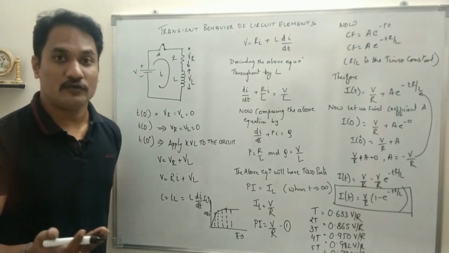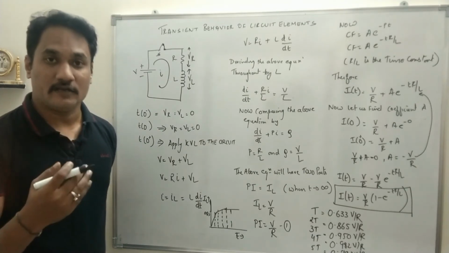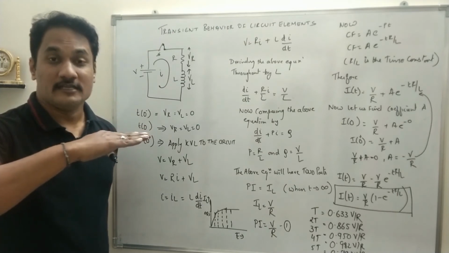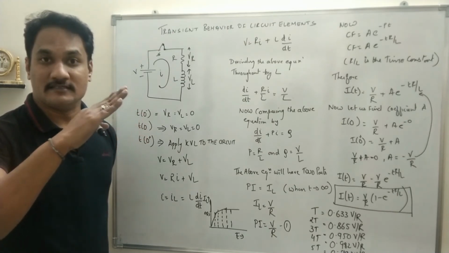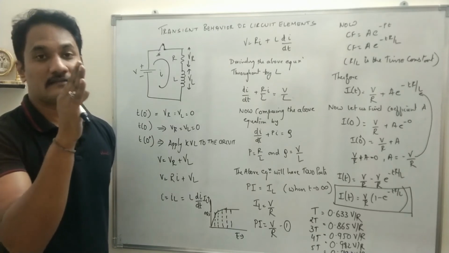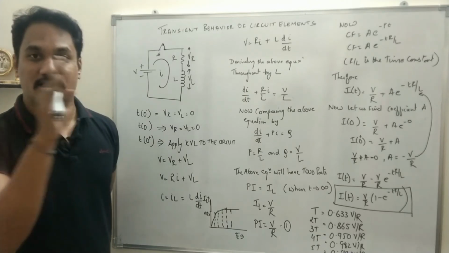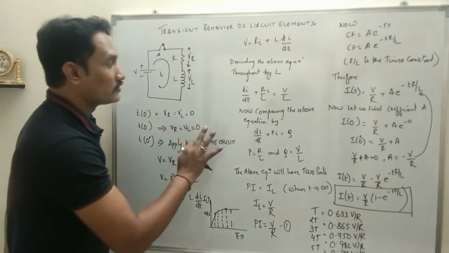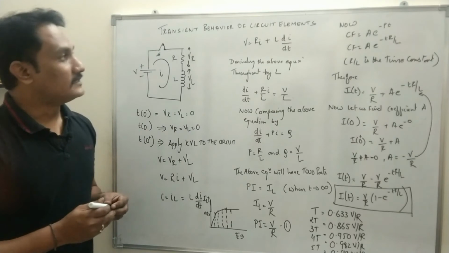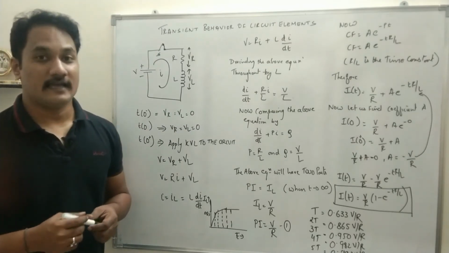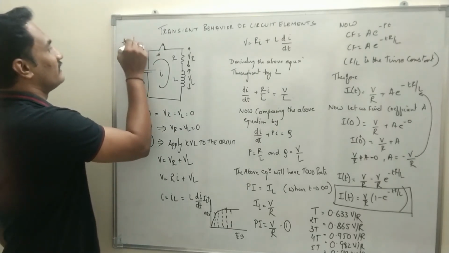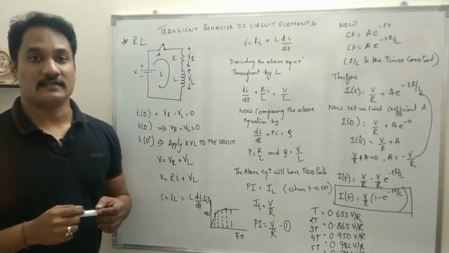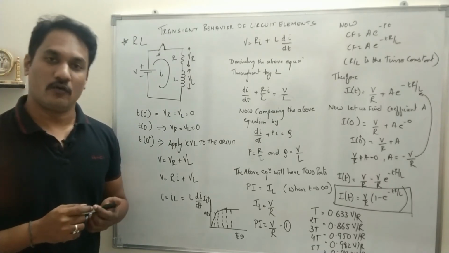So what we can conclude is that in an RL circuit also, as soon as a source is connected, the current through the inductor increases exponentially in the transition period, and then at a certain time it will reach a steady state, that is a fixed or constant value. So that was the objective of understanding the transient behavior of the RL circuit, when a resistance and an inductor are connected in the circuit. I hope you have understood.